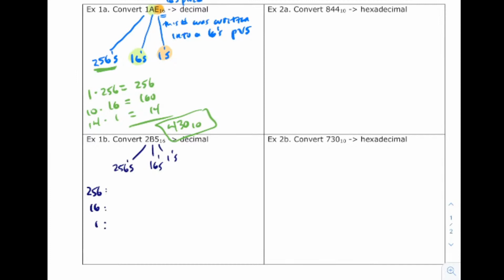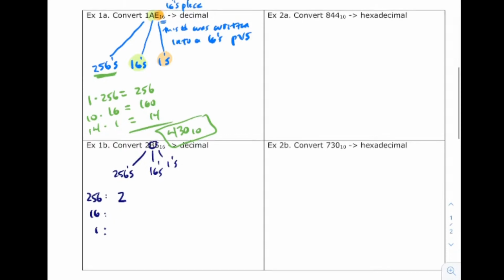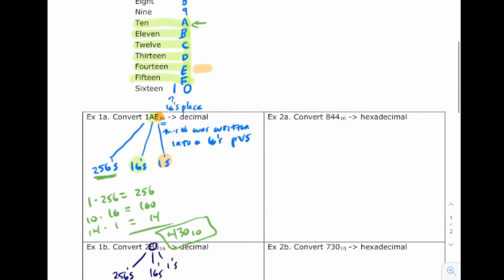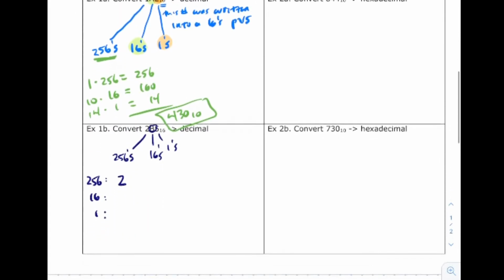That's the question. The number of 256s is right there, 2. The number of 16s is B, and then you have to go back up here and say, what's a B? Oh, a B is an 11. Okay, so the number of 16 packs is 11, and then the number of ones